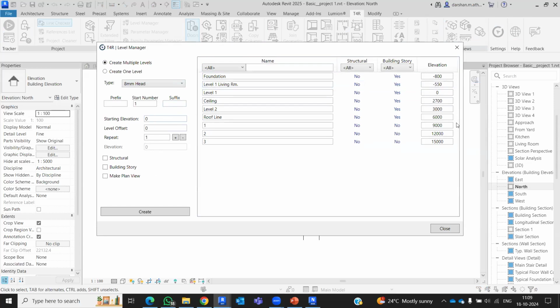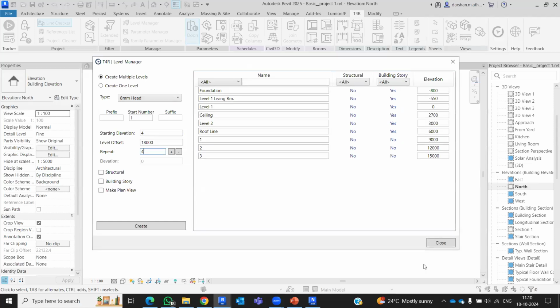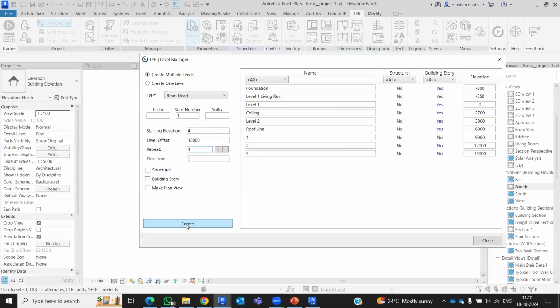What will be my offset? Starting elevation should be 4 and the level offset should be 1800. Yeah, 18,000, sorry. And I'm going to create however many levels I want. Let me create 4. As soon as I click on create, it is going to